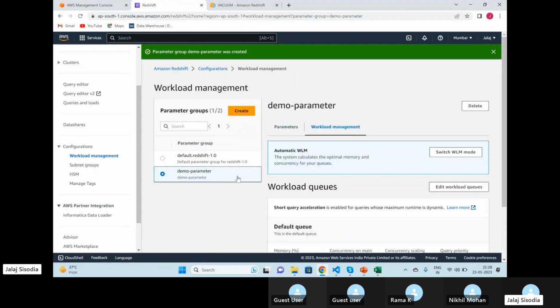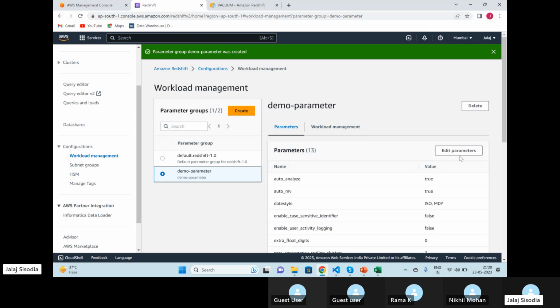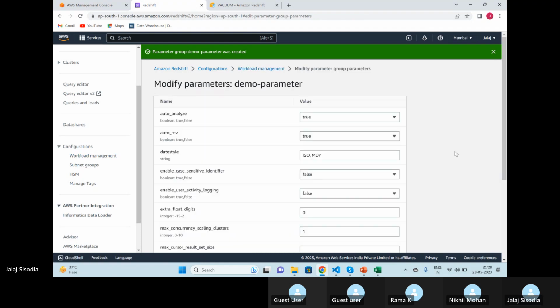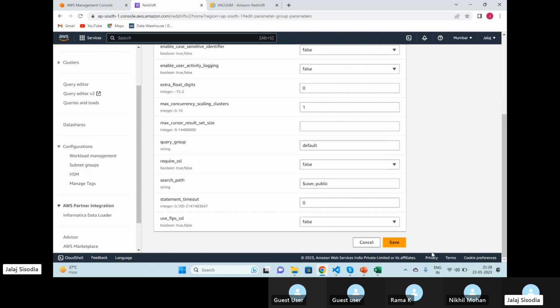And if you see parameters, I can also change them. I can click on edit parameters. I can convert this one into false, I can convert this into some other date style, I can convert this into true, and all those settings I can change. So basically, some database configurations we can change from this parameter group. Okay. And if you just do not touch this and just cancel,